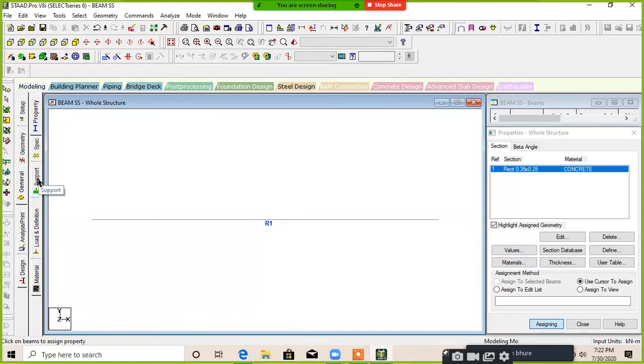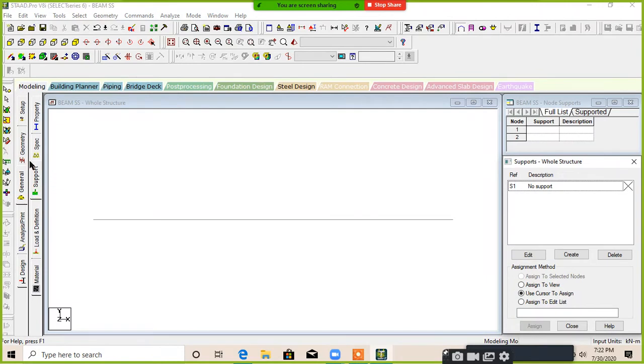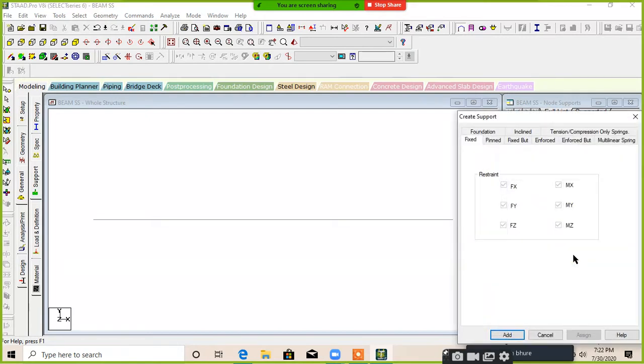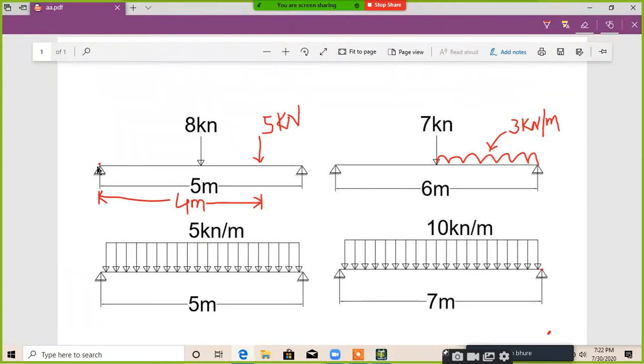Then go to support. When you click on support, in the data area a new dialog box will open, and here you have to go to the create button. Just click on create and select a support. Both the supports are pin supports, okay?